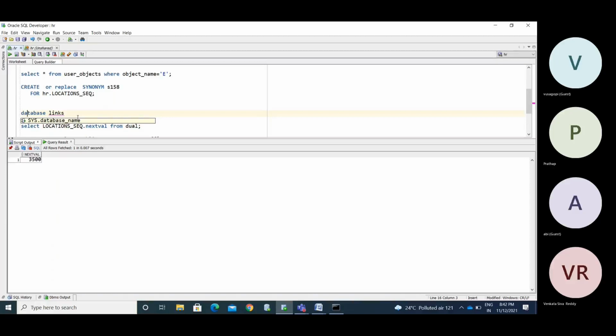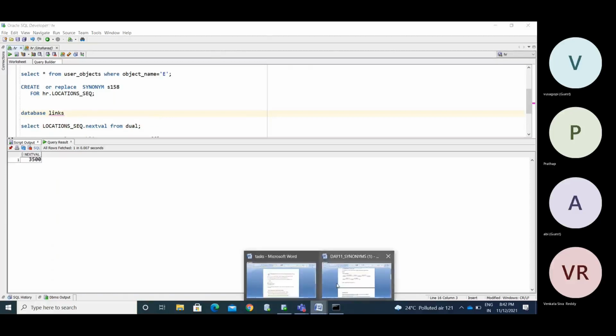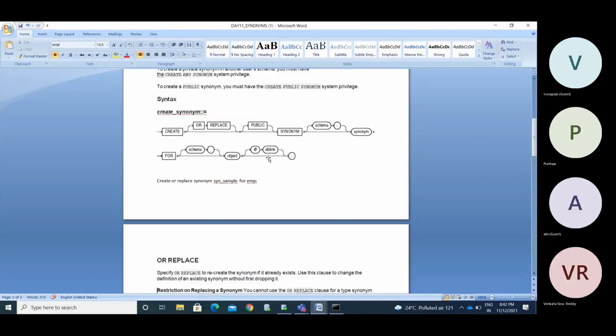If you want to use a database link, the names are used like this. Now we have an EMP table. If the EMP table is in a different schema or server, you need to use EMP @ database link name.